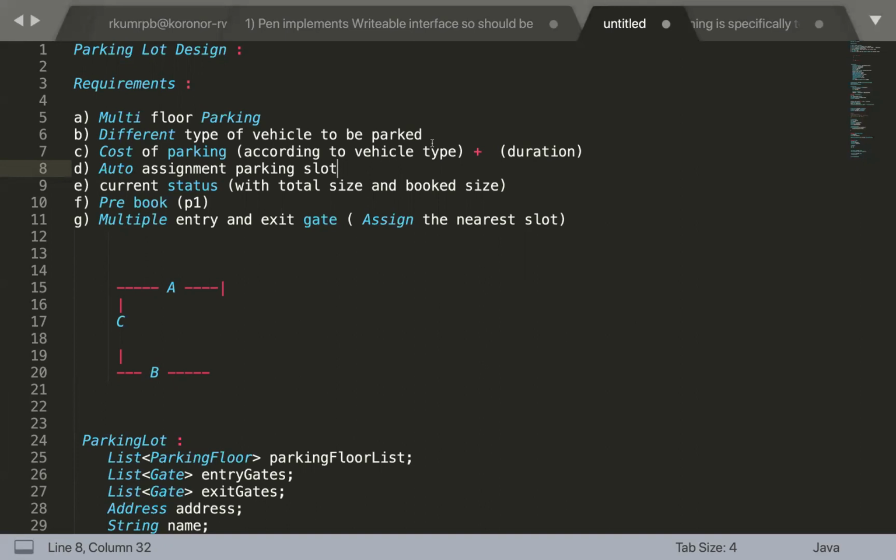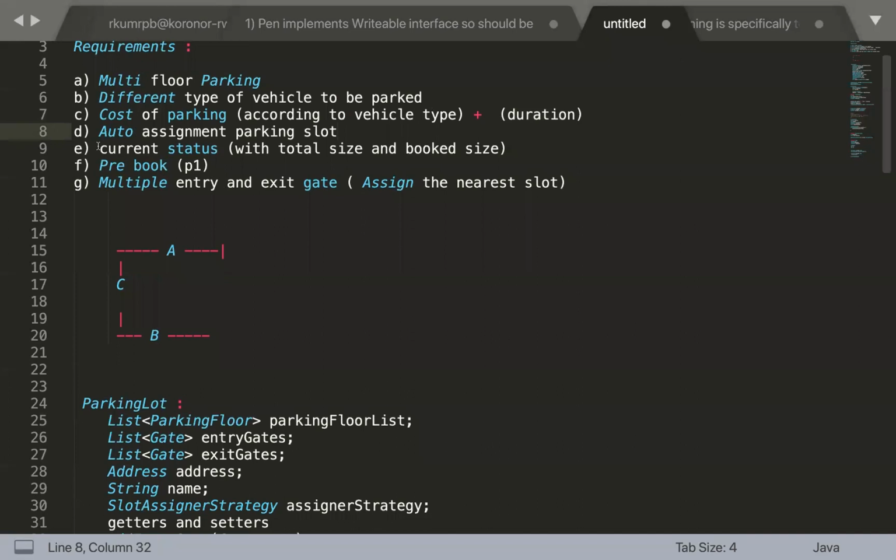So the open close principle says that your class should be open for extension but closed for modification, right? So none of these things should change code directly in your existing class. Rather, there should be some kind of extension mechanism. And with the pricing strategy, you can create a new kind of strategy and that can be injected there without even actually changing code.